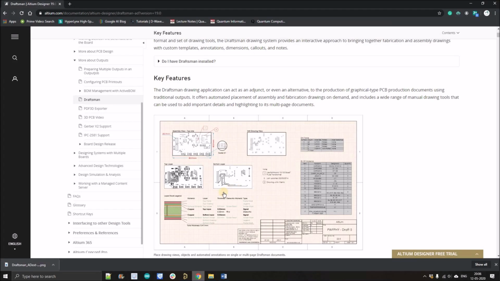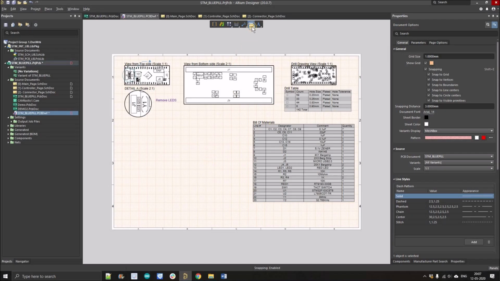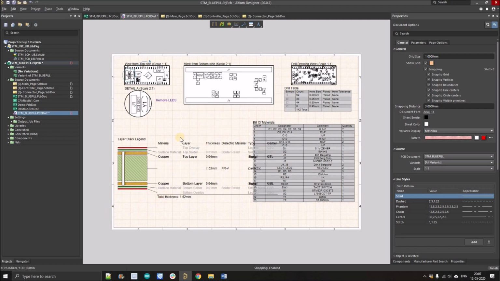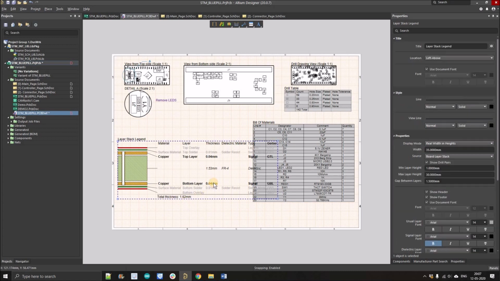Now the next thing is we'll include the layer stack up. So that is also an important part. Open the Altium Designer again, just left click here, and here you'll find a layer stack legend. Just left click here, and all the layer stack up is included, right? So it has all the information like the thickness of the core and the thickness of the copper plates we are using, the total thickness of the PCB, and all, right? You can adjust the size from this tab, so it is not from width and height, right?